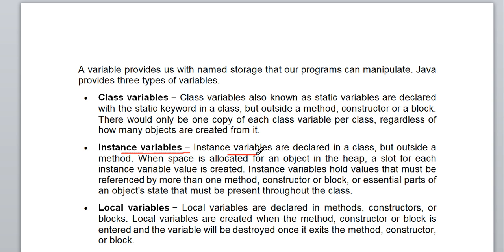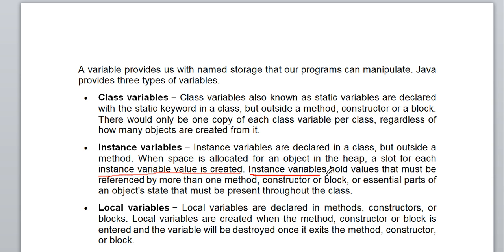Instance variables are also declared in the class outside the method, in the same way, but they are declared without the static keyword. When space is allocated for an object in a heap, a slot for each instance variable value is created.